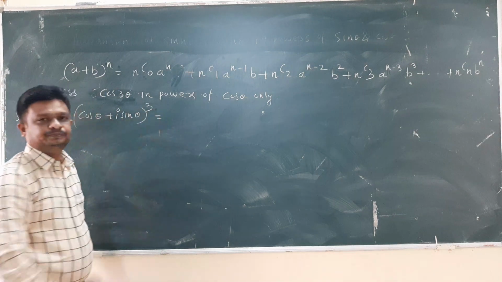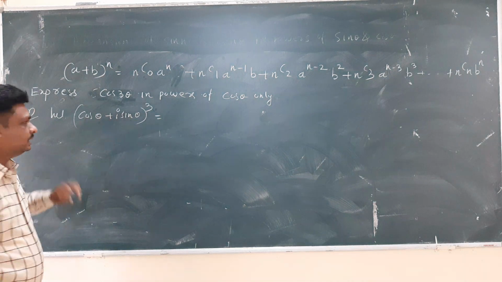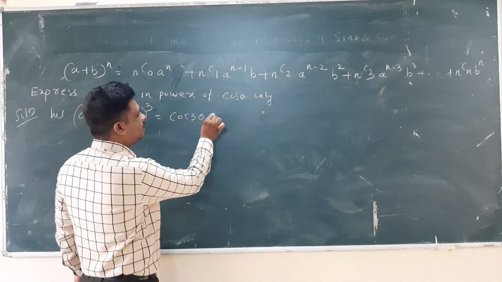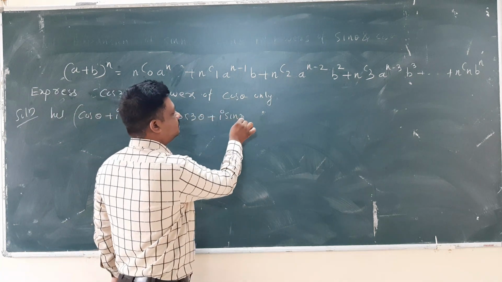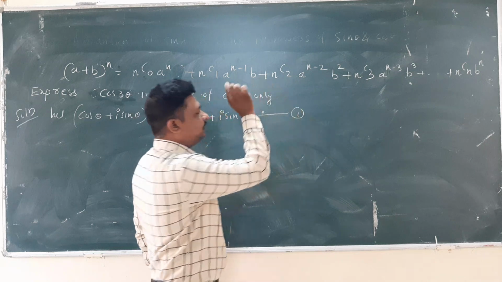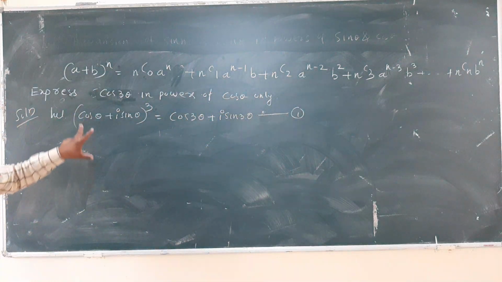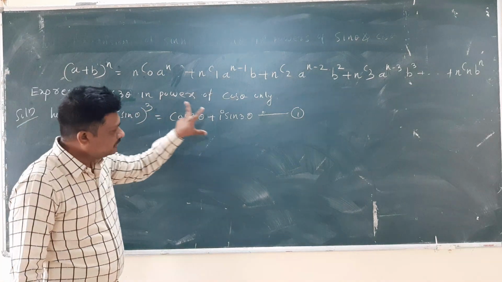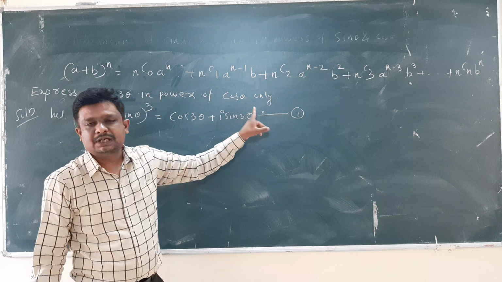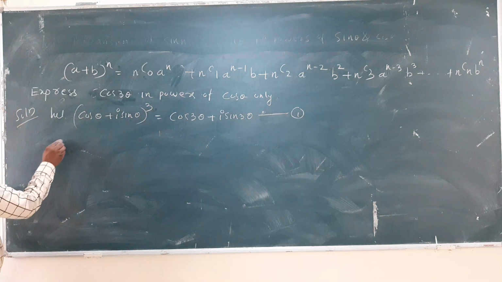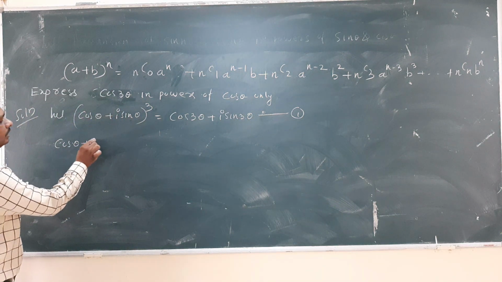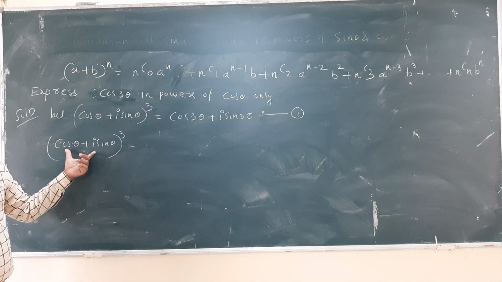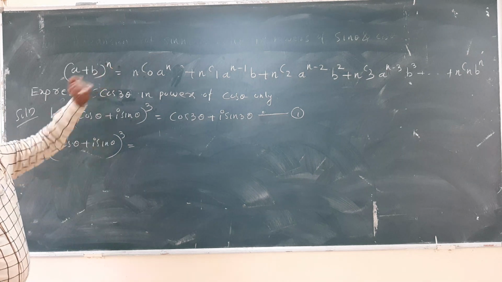So this is equal to, here I will apply de Moivre's theorem. What will you get? cos 3 theta plus i sin 3 theta. I will take this as equation number 1. So here I have written (cos theta + i sin theta) raised to 3 by using de Moivre's theorem as cos 3 theta plus i sin 3 theta. Again I will expand this (cos theta + i sin theta) raised to 3 by using the binomial theorem.